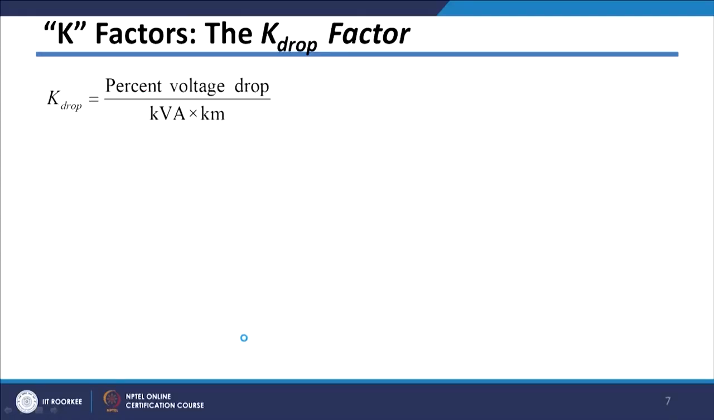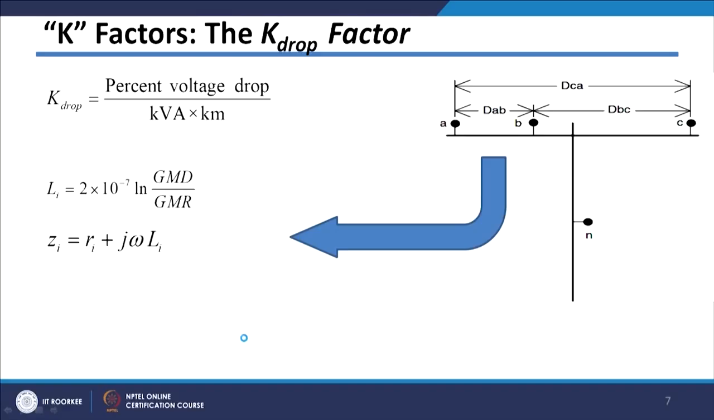Let us see how to calculate this K drop factor for a particular feeder section. Let us say your feeder has a geometry which is shown like this in the figure, where A, B, C are the conductors and these are the distances which are shown. By knowing these distances, we can easily get the inductance of the feeder, which is just 2 into 10